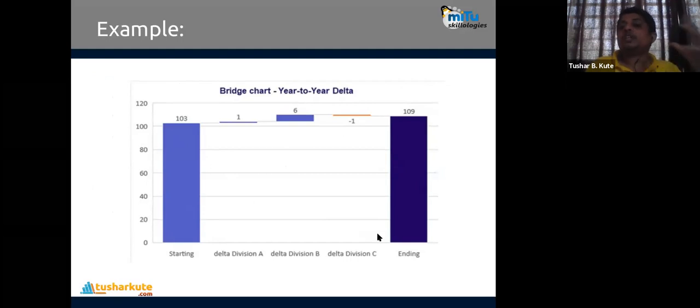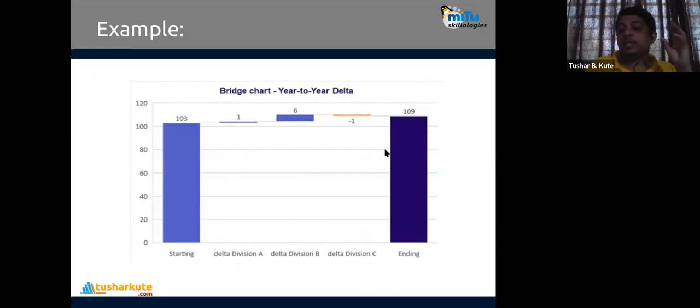But where did we spend what, where did I gain what? See, division A has gained 1 million, it will become 104. Division B has gained 6 million, it will become 110. And division C has lost 1 million. So 110 minus 1, 109, the last one.